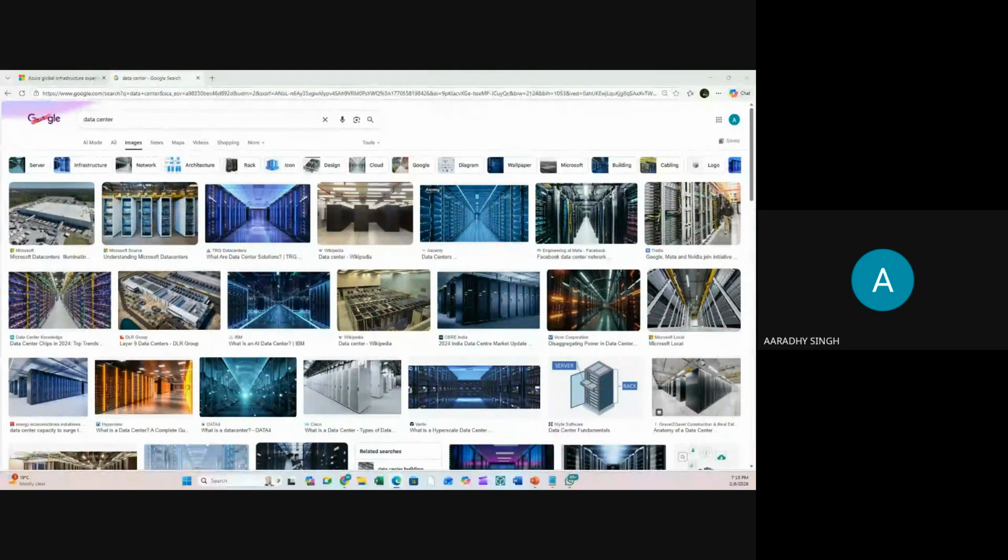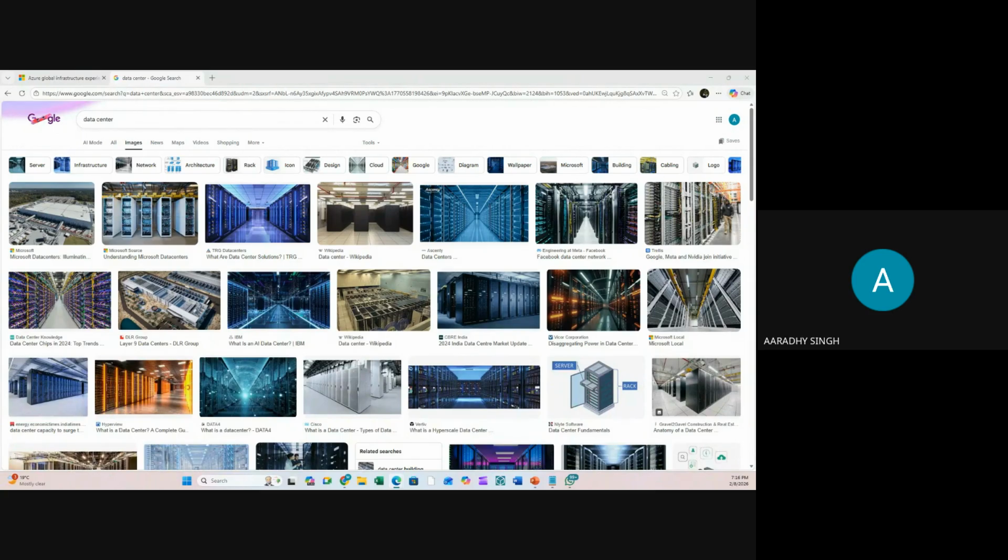Just think, worldwide billions of people are using electronic devices, software, hardware, and all these are generating data. So we need some place where we can store our data. So the question is, what is a data center? Data center is the facility where companies are storing a huge or massive amount of data.